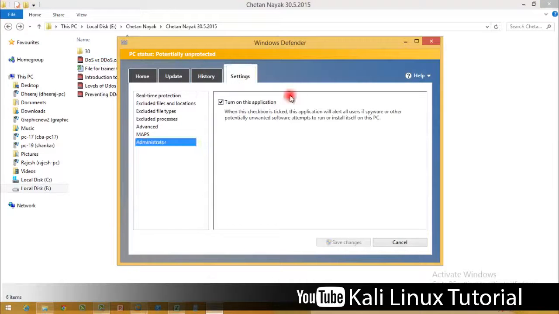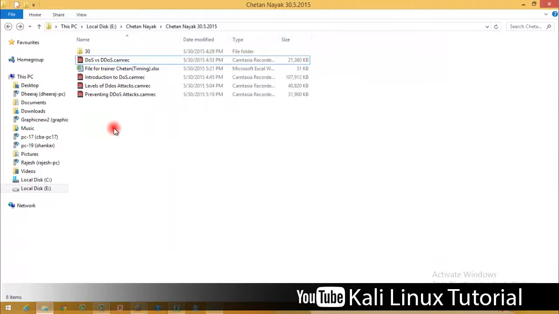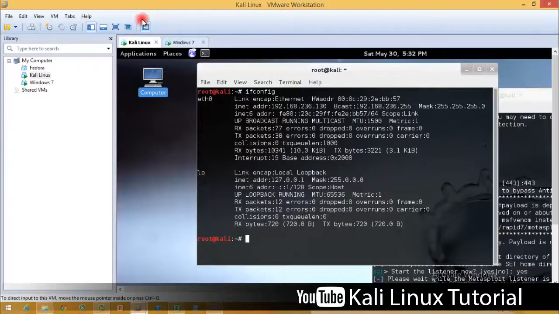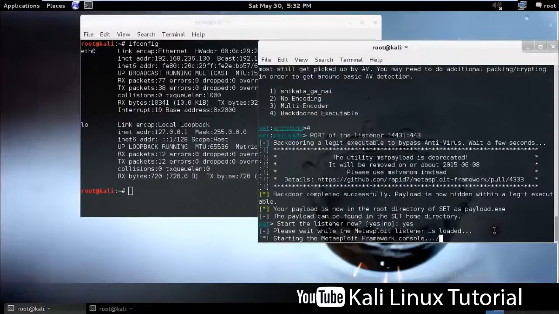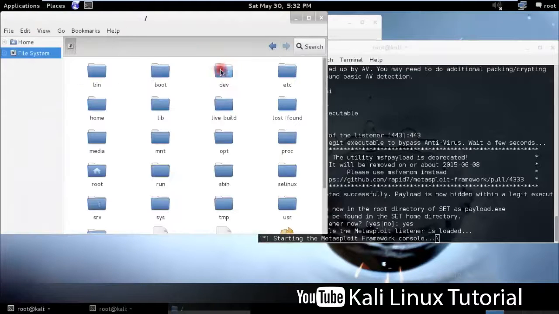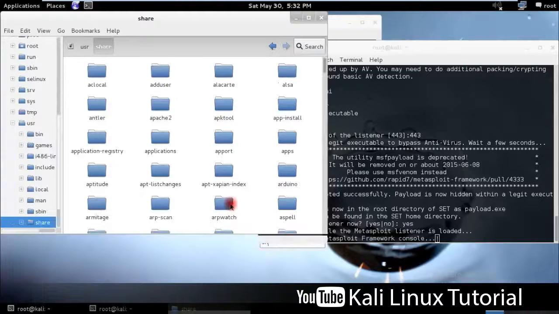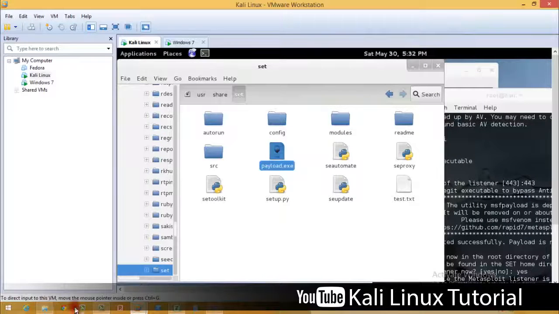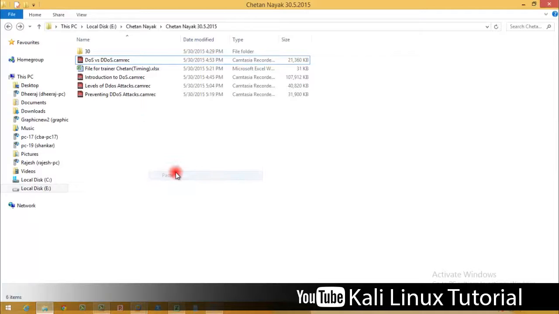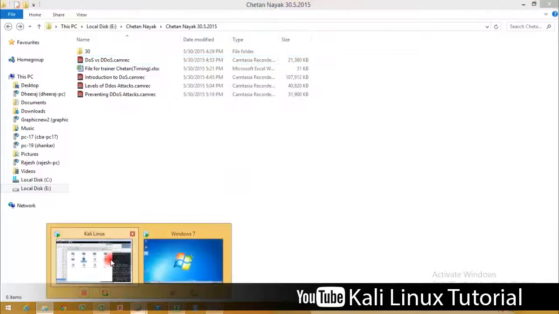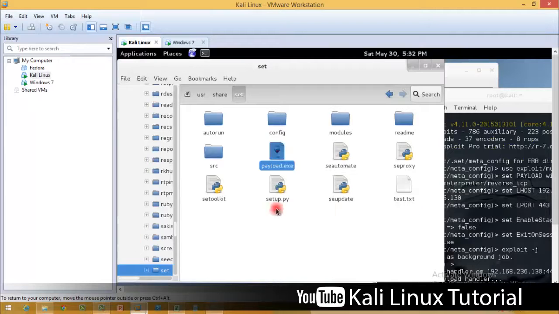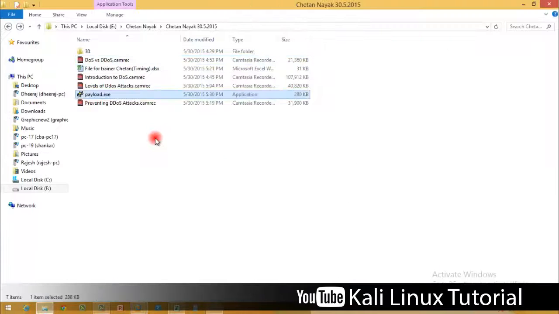Okay, I should be able to copy that payload file over here.